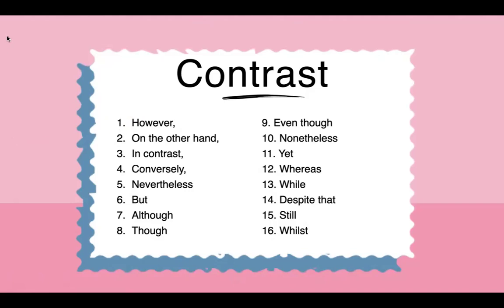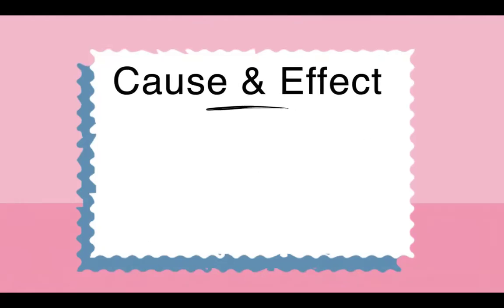So now let's move on to the next type. The next type is cause and effect. So it means that when you want to show that something happened because of something, then you will use these